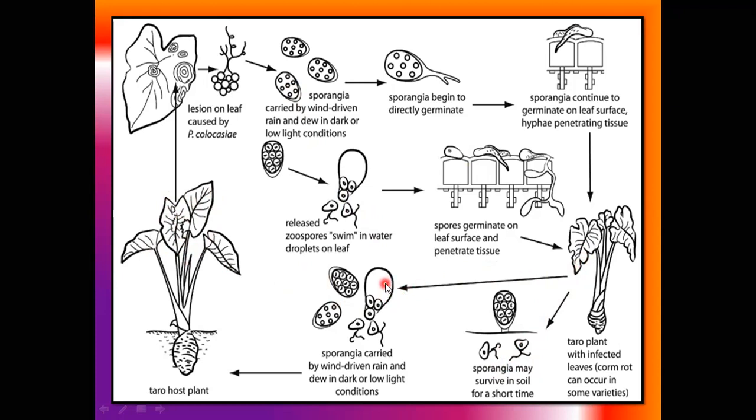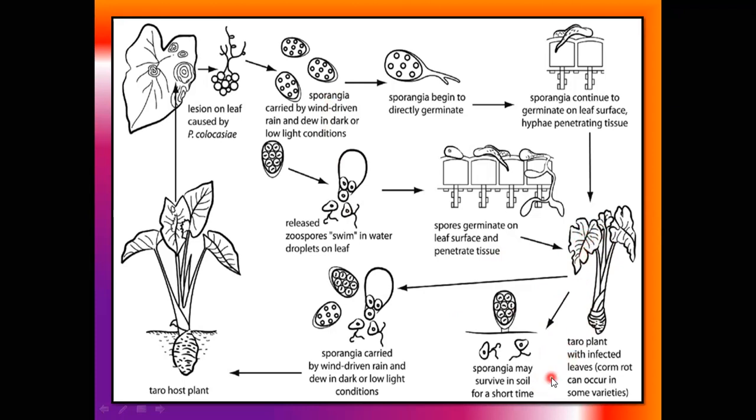Generally sporangia and zoospores spread from one plant to another through irrigation water, or moisture present on the surface of the leaf. This is the secondary infection. These sporangia and zoospores are generally produced asexually. Suppose these infected plant debris in the soil, meaning these spores go into dormant conditions and